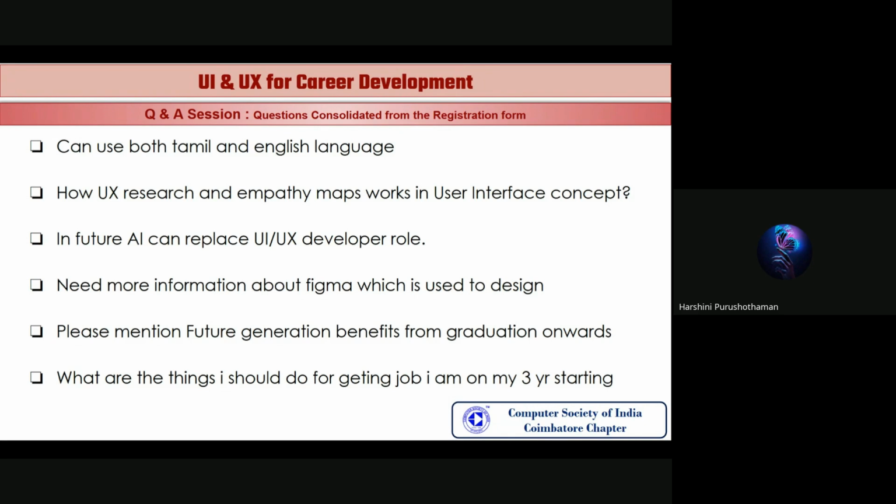So as you are a third year, I would suggest you to please follow the roadmap which I have given, and make sure you keep yourself focused and updated to the new technologies which are evolving day to day. Make sure you are in the current trends of the technology. So if you have to get a job in UI UX after your graduation, please try to take as many internships as possible. You can try freelancing from the very starting stage of the fourth year also. So it will be helpful for you to get a job easily.